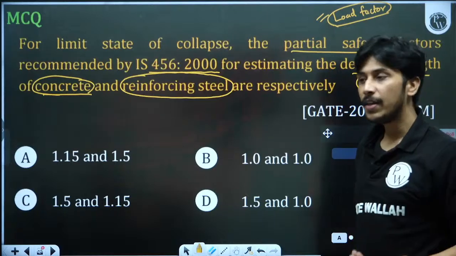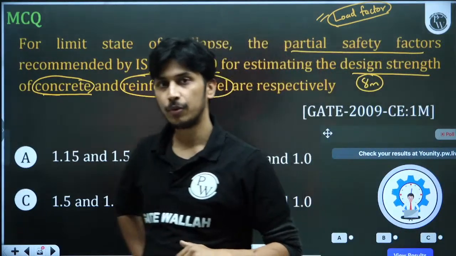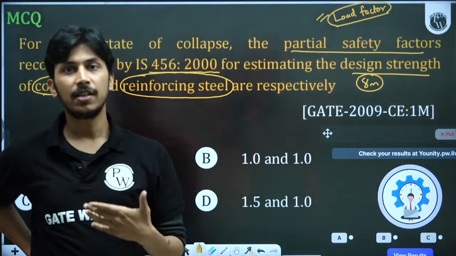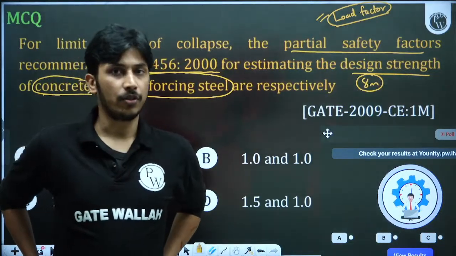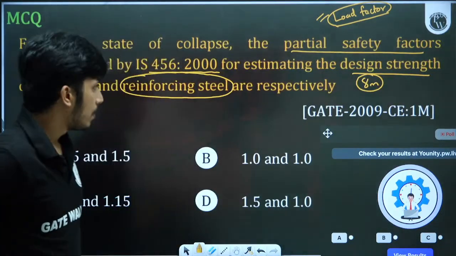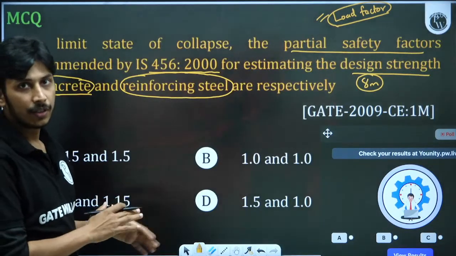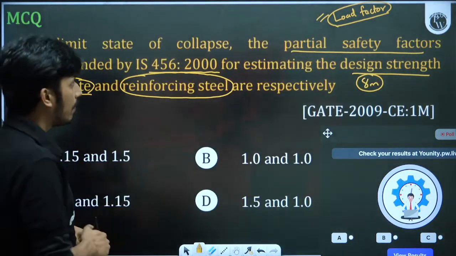So if somebody is having their exam in the evening shift, then in the morning shift, whatever the students have got, whatever the things they have got, you have to analyze that question. You will get almost similar things. So always analyze the previous year questions, and always analyze the other shift on the exam day itself. That will be very beneficial for you.